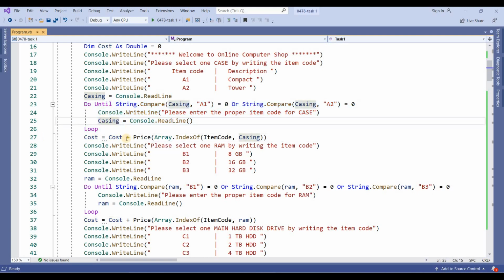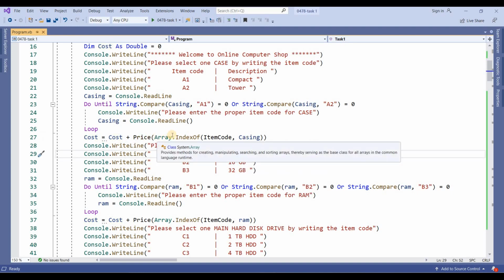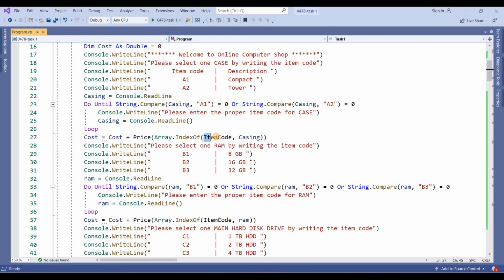After this, what I did, I want to get the cost. By default cost is 0. I wrote cost plus, what I did, I need the index. This is an array. I am telling it to go to the item code array and find the index of this variable. This variable contains maybe A1, A2.